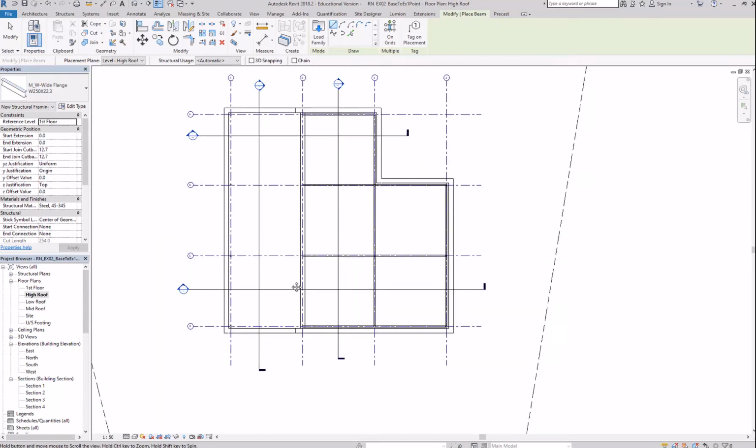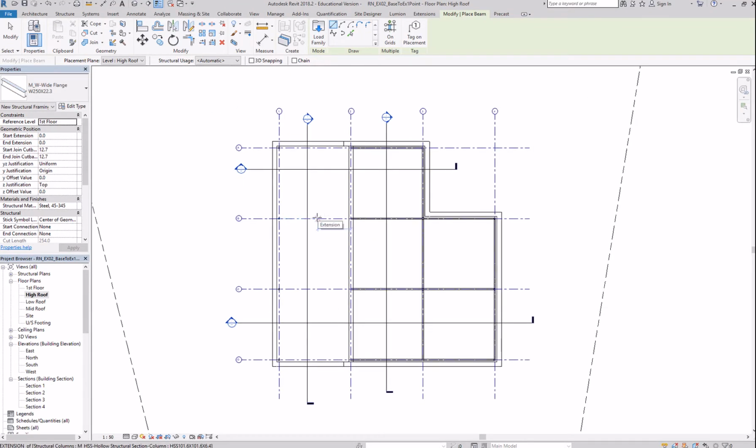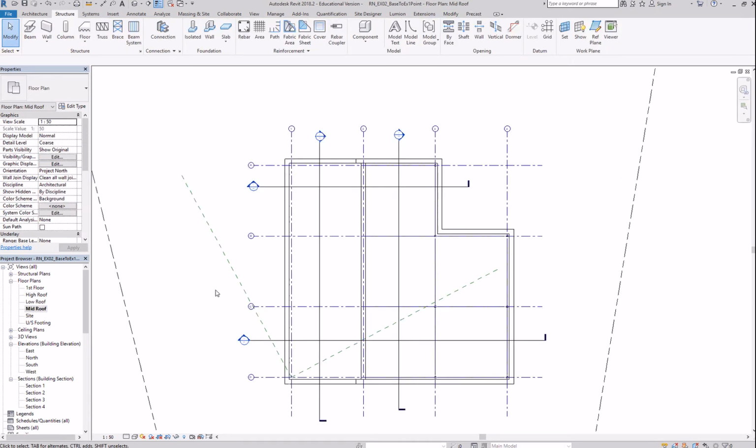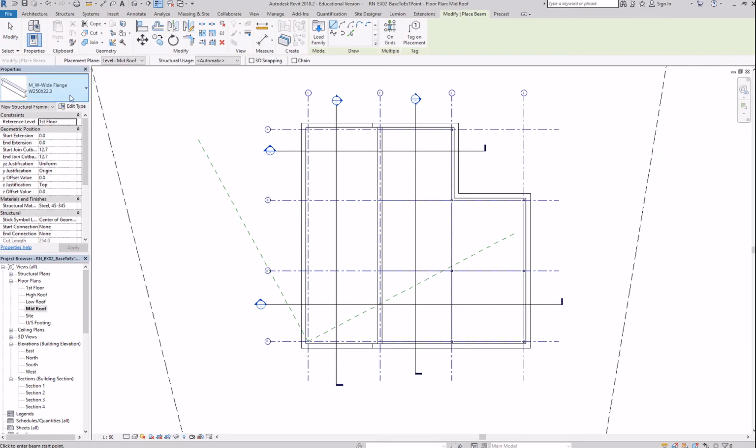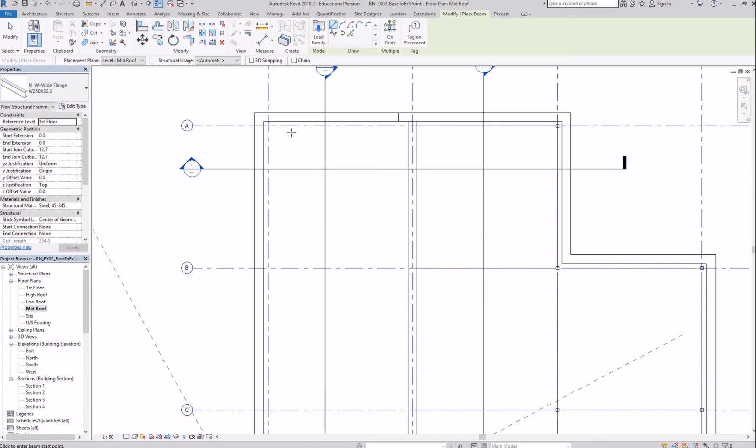Let me show you the mid-roof beams. So go to mid-roof beams. It should be the same beams. So all I need to do is, if I say on grid,